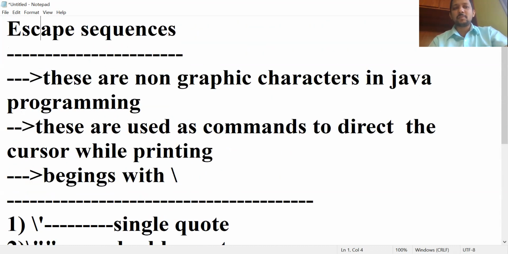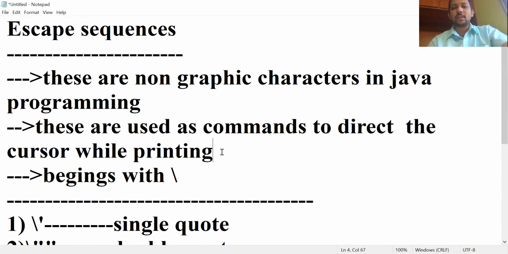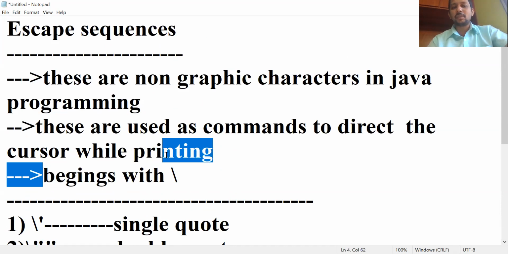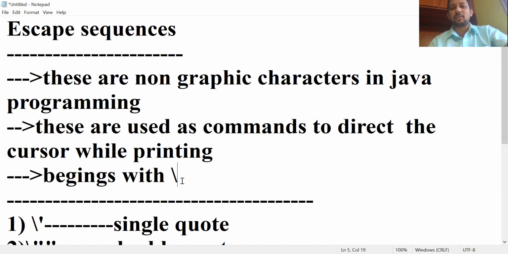So, what is an escape sequence? These are non-graphic characters in Java programming. They are used as commands to direct the cursor while we are printing in a Java program. We frequently use these escape sequences. Each and every escape sequence begins with what symbol?